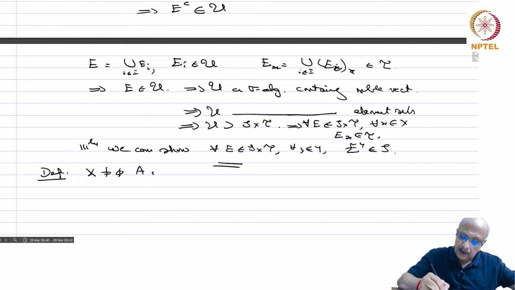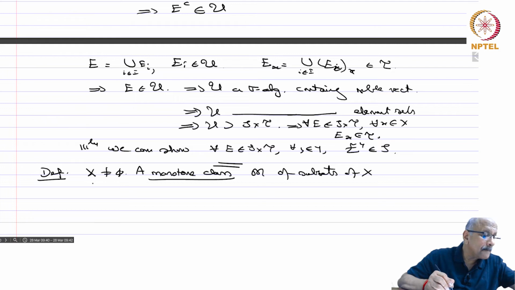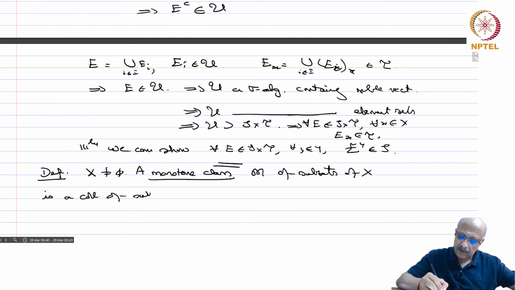A monotone class M of subsets of X is a collection of subsets of X closed under